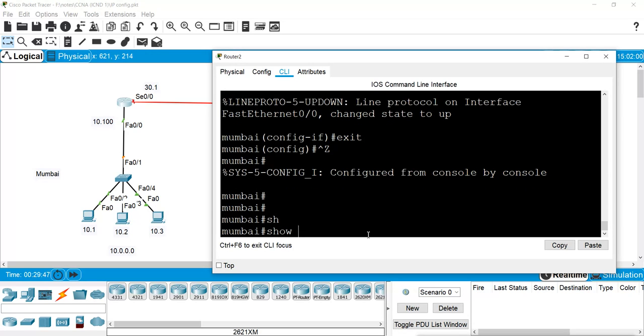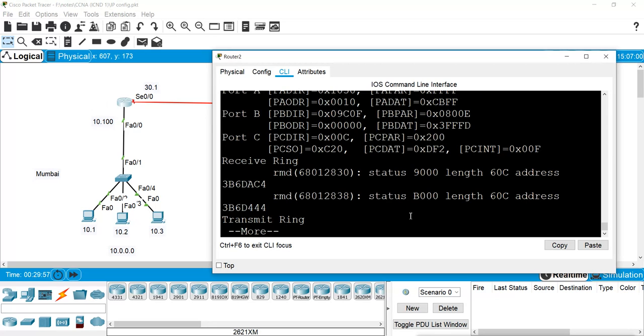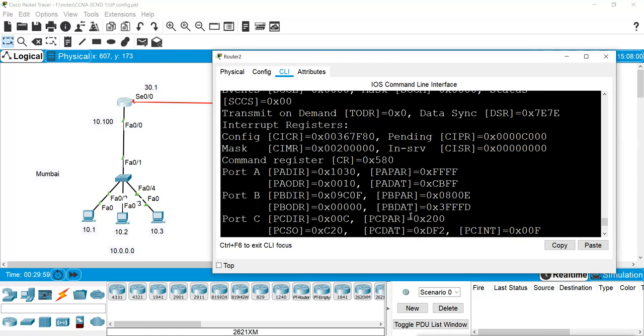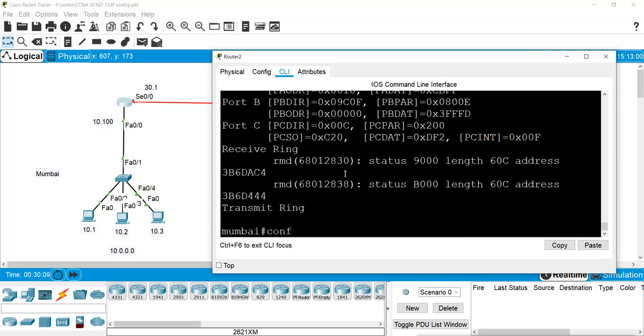But if you can't check the cable, then you can run this command, show controllers serial and then the serial port number, that is 0/0 here, and this is DTE. So here I don't have to configure a clock rate,